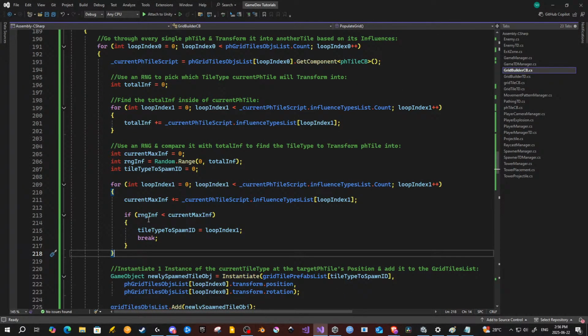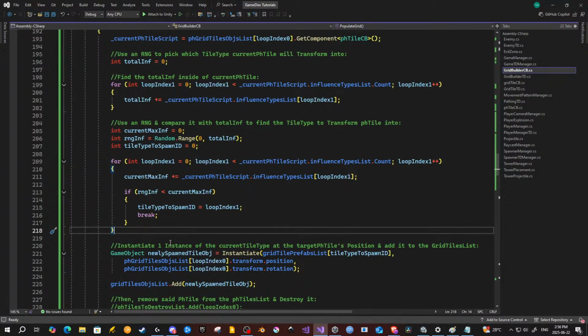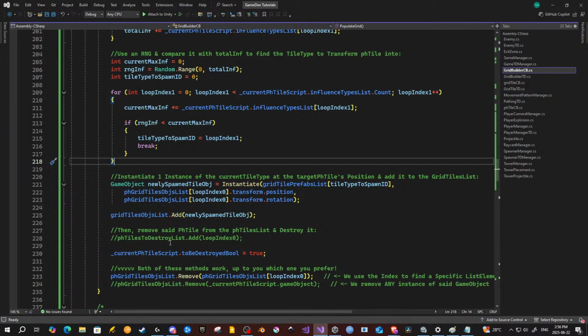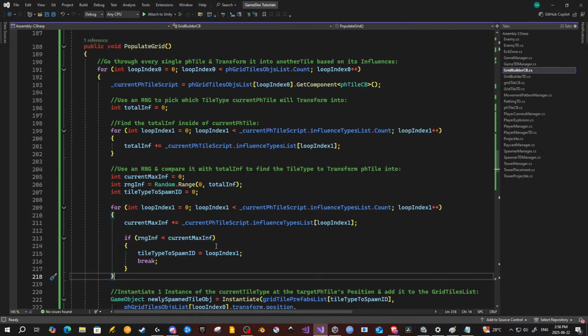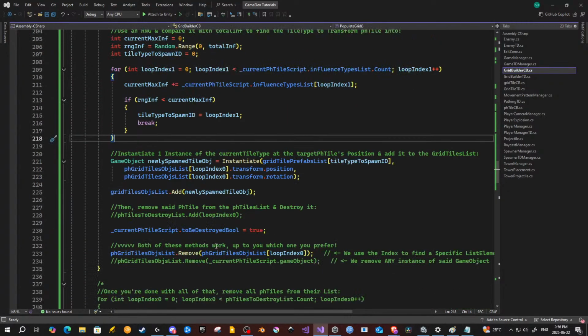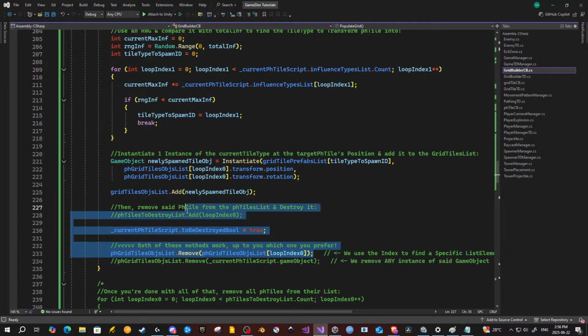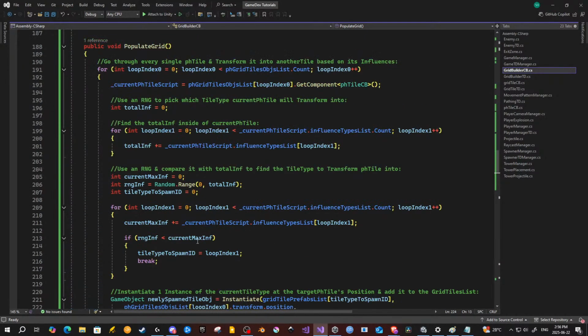What's happening? Because the thing is, it's not giving me an error, so clearly there's no problem with the list removals, right? So the problem, I think,